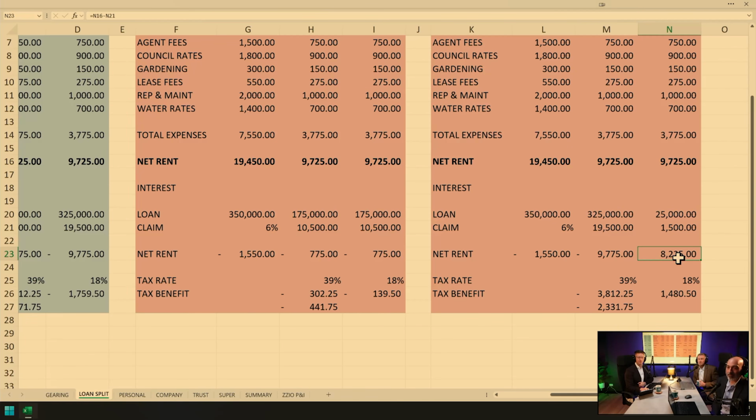And the important thing there is that the -9 and +8 sum up to overall the property is still -1,500 if we added up the two of you, which is the same as having the loan split by 2. But what happens is that Damien, you're saving tax at a much higher rate than Jeremy is paying the tax on the positive. So that's where Damien's saving 3,800. Jeremy, you're paying $1,500, but overall, as a couple, you're saving $2,300.